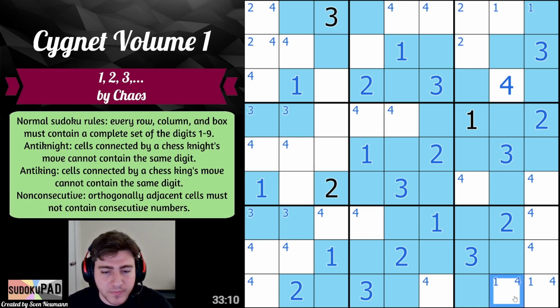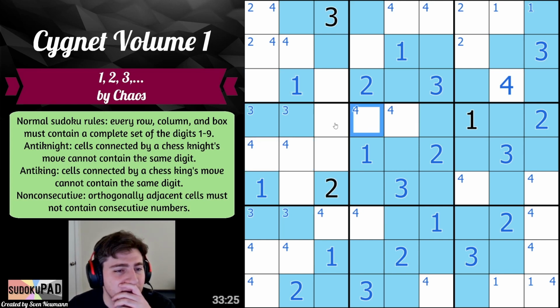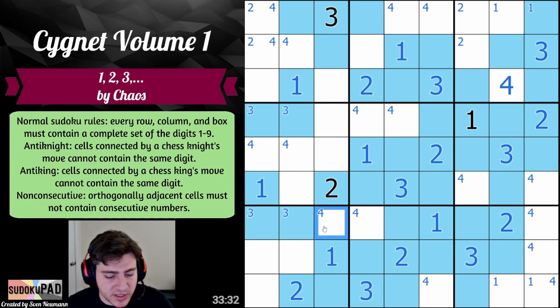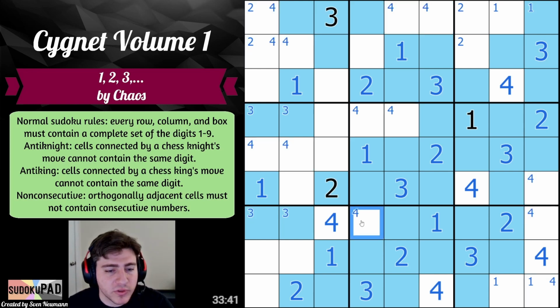So now 4 can't go here. I guess that's what I was gonna do by knight's move here when I got distracted by this. This is an X-wing of 4's, which actually tells us that this is 4, which makes this 4, which makes this 4, which makes this 4. So we'll move 4's. Oh, not all the 4's. Sorry, I should just...